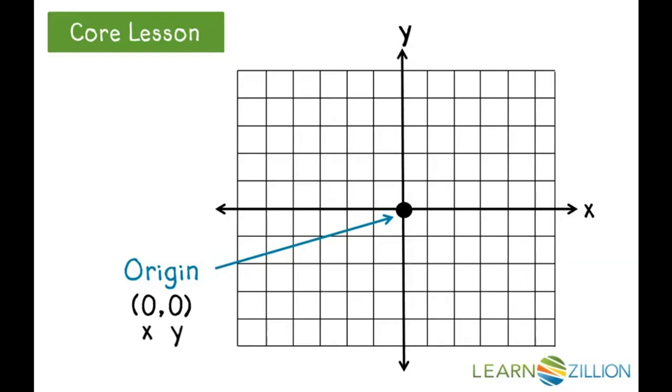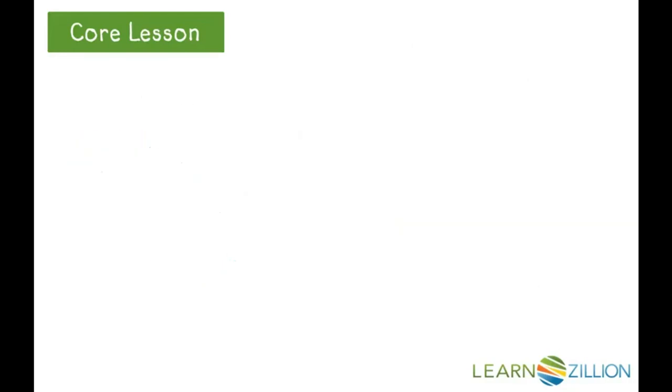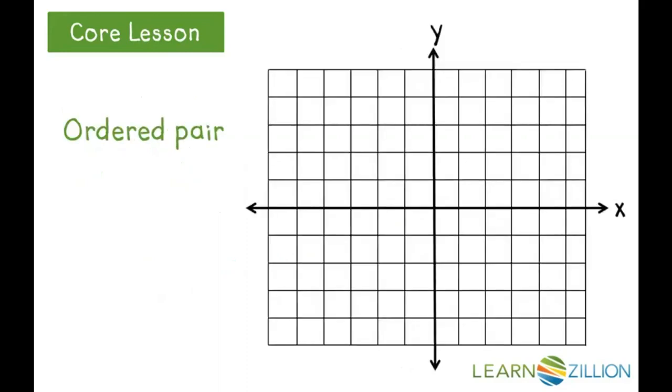This combination of 2 values is called an ordered pair, and an ordered pair gives directions. For example, take the ordered pair (+3, +5). Notice the word order in the phrase above. This means there is an order to how we read the numbers. The +3 tells us how far to travel on the x-axis, while the +5 tells us how far to travel on the y-axis. Starting at the origin, which is the middle, we move to the right of 0 3 spaces